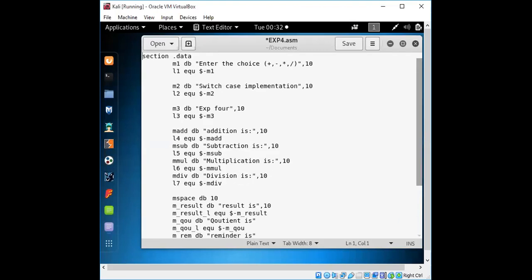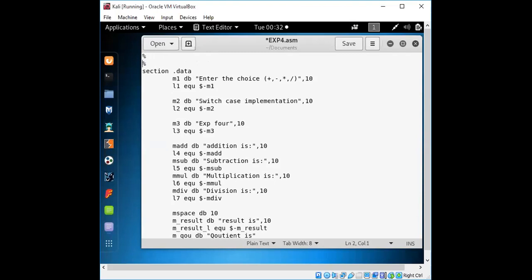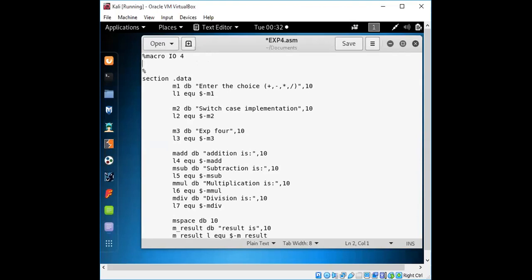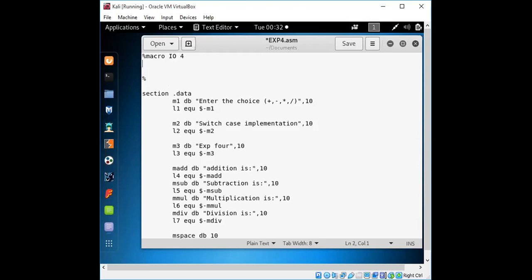So we'll do that also, so that you won't get confused if it has been mentioned at the start and it might have some issue. It can be mentioned like this, before the data section. Okay, so what are the common things there? We'll end it with the macro, and we'll mention it at the start.